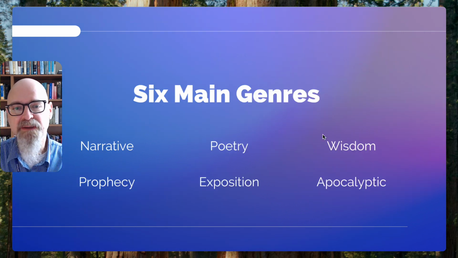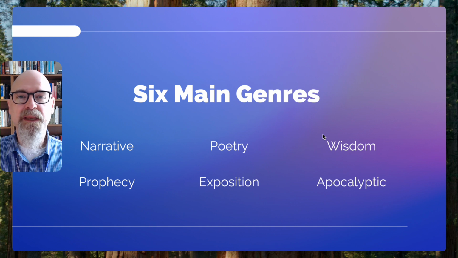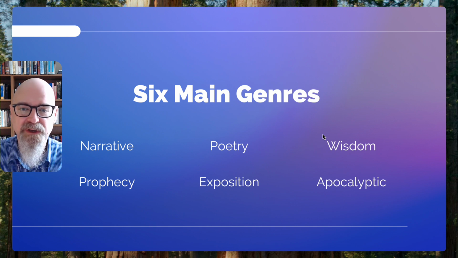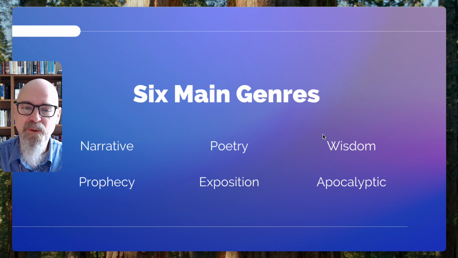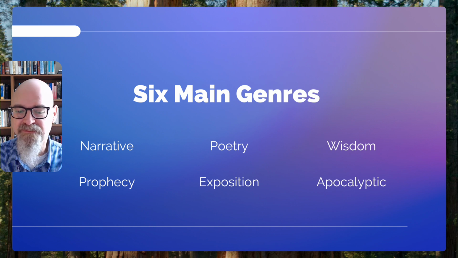And so our goal today will be to look at the four remaining genres. Last week we covered narrative and poetry, and as Cesar has reviewed with you, narrative appeals to the imagination and poetry to the emotions. We're going to look at wisdom, prophecy, exposition, and apocalyptic this morning. What we're going to do is I'm going to give some explanation of each type. And then I'm going to ask Cesar to look at a particular example with you and talk through how it works. And so we'll cover the four remaining types of genre by following that method.